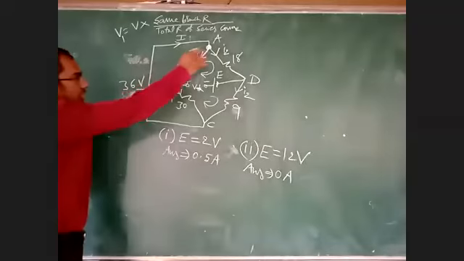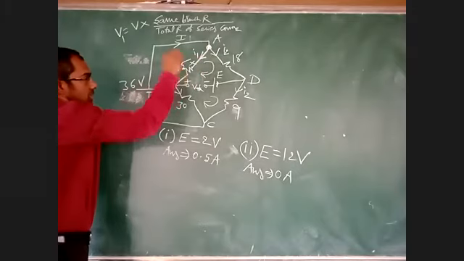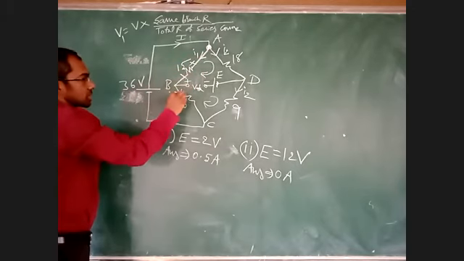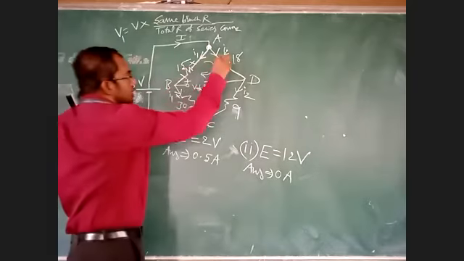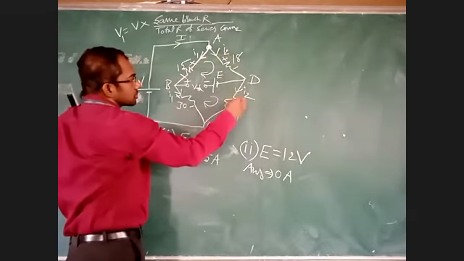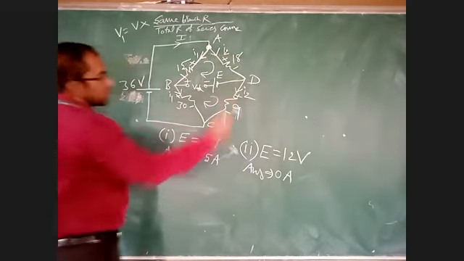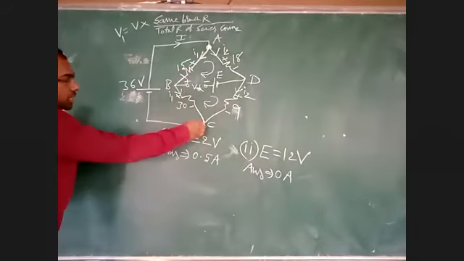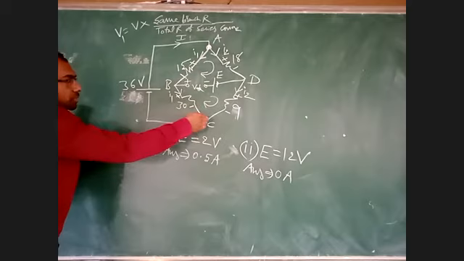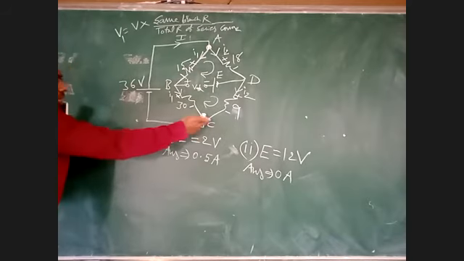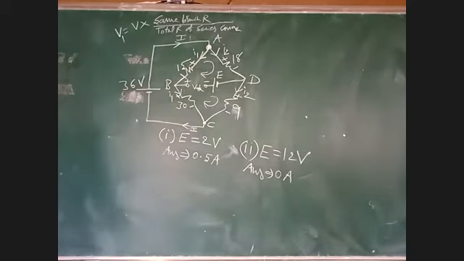Now, in the direction of I1 and I2, take plus and minus. In the direction of I1, I am taking plus and minus. Similarly, in the direction of I2, I am taking plus and minus. Again, this I1 and I2 will combine here. That will become I. Here, this is I. I is equal to I1 plus I2 at this node point. Note this.